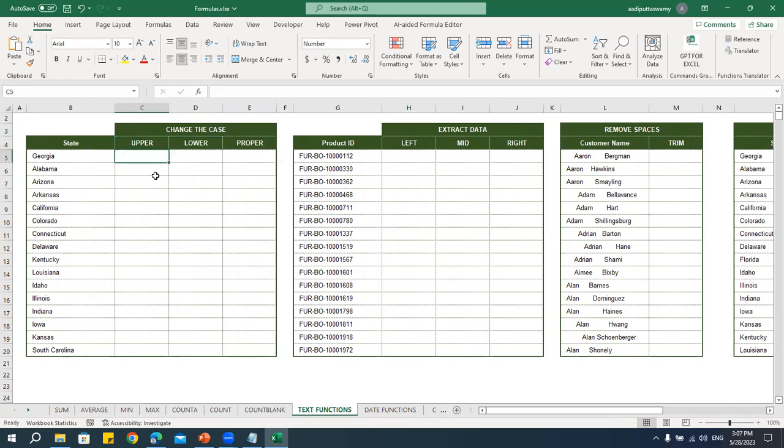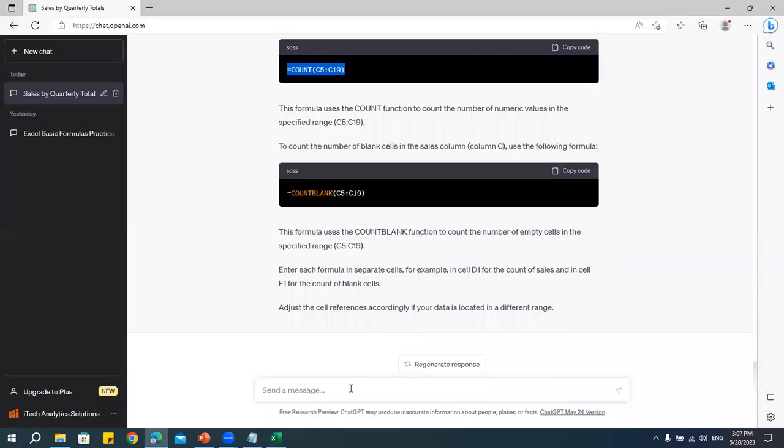Easily you can write the formula, but we are not here to practice the formulas. We are here to learn how we can use ChatGPT to give us the idea of which formula to be used. So we'll ask a question. I'll ask ChatGPT saying that,